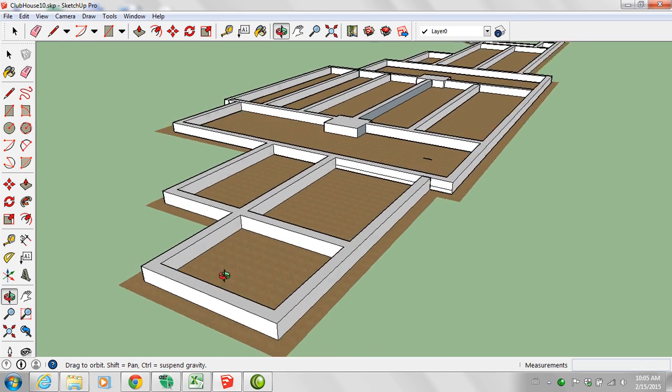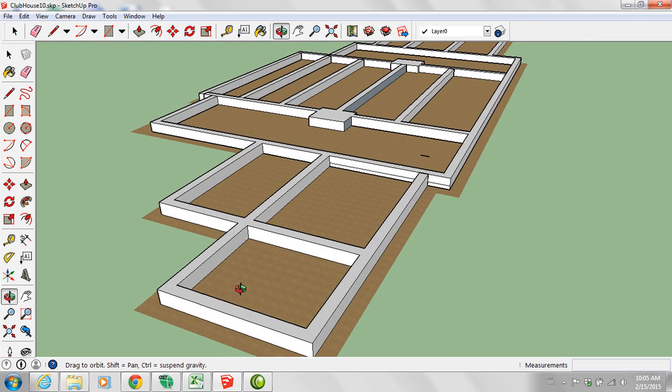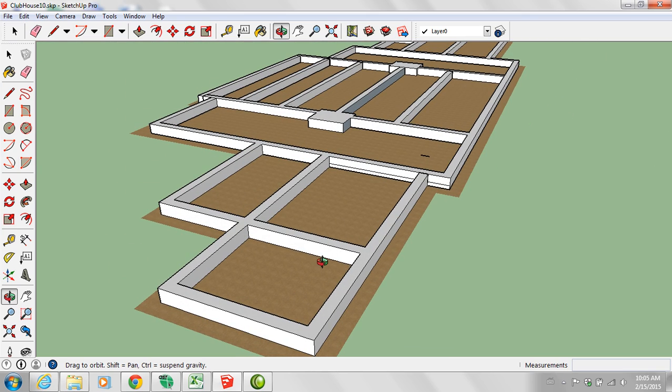So if we were going to estimate the cost of this foundation, we have seen before that we have cost data for assemblies. So the assembly includes the cost of the excavation, the cost of the formwork, the cost of the concrete, the cost of the reinforcement. It includes all those costs in one line item. So all we have to do is estimate the linear dimension of this foundation in order to calculate the